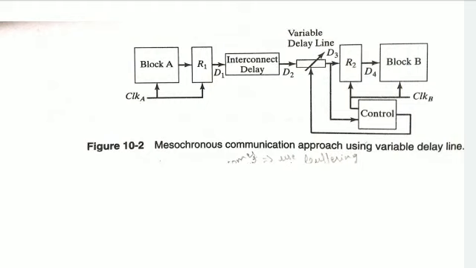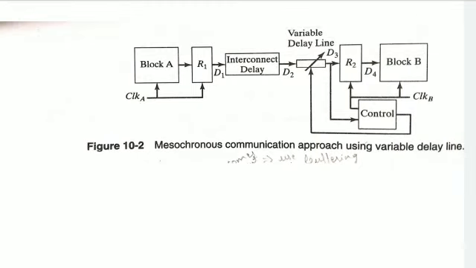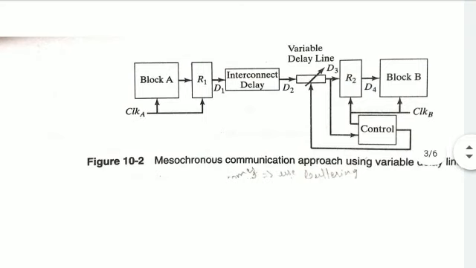In such a system, it is not possible to directly sample the output at the receiving module because of the uncertainty in the phase offset. An isochronous synchronizer can be used to synchronize the data signal with the receiving clock. Now, as shown in this figure, signal D1 is synchronous with respect to clock A, CLK is clock A. However, D1 and D2 are isochronous with clock B because of the unknown phase difference between clock A and clock B.